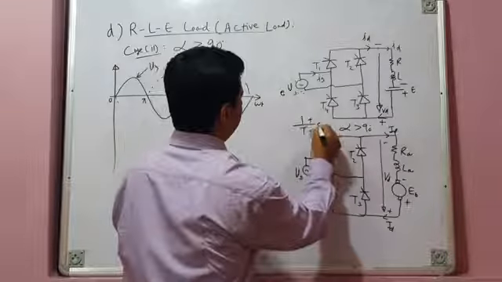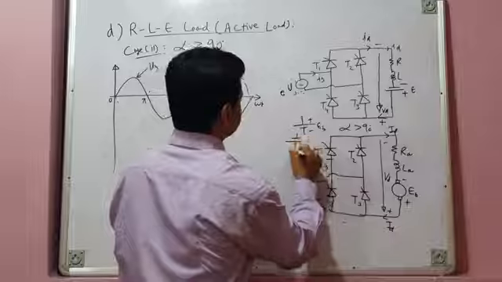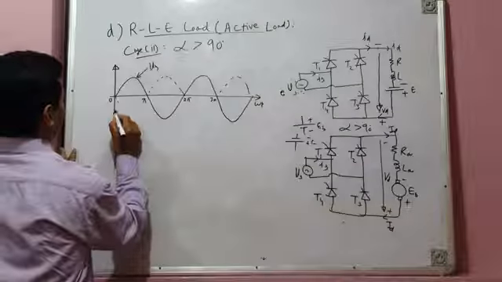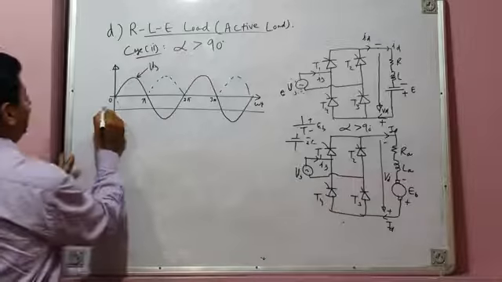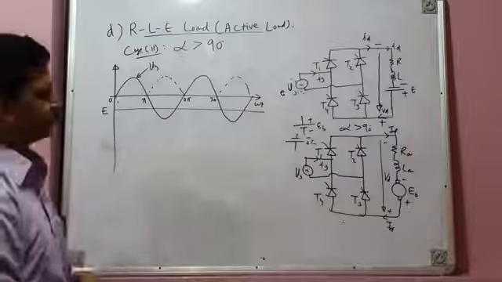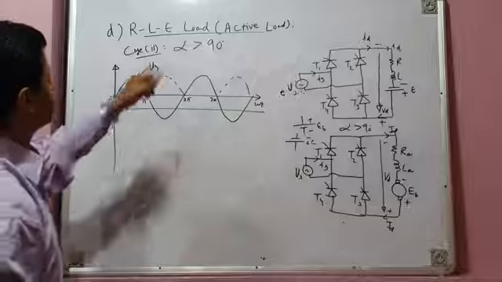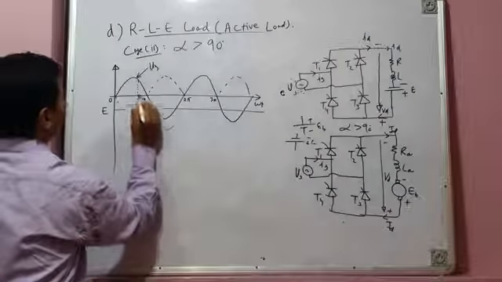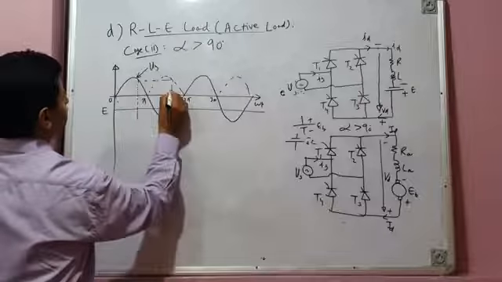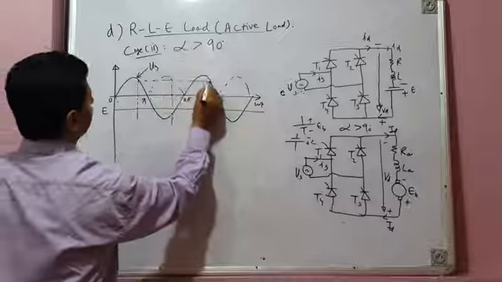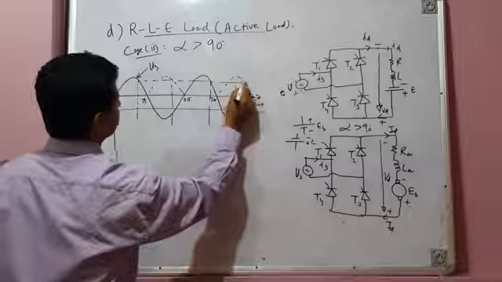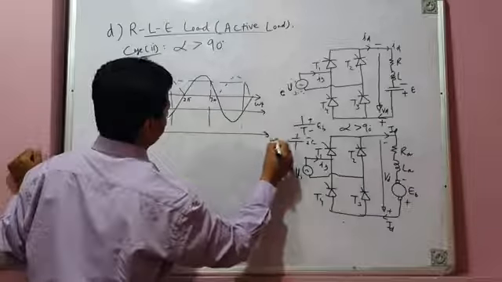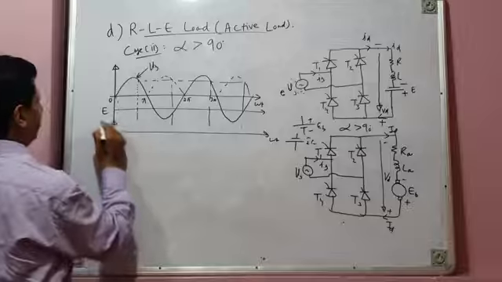Fine. Now, since you have reversed the polarity of your DC motor EMF, previously it was like this for rectification mode EB, for inversion mode you have reversed its polarity, so it will come here on the negative side. So this is your E or EB. And since alpha is greater than 90 degrees, let's assume this is our alpha. This is first instant of firing, this is second instant of firing, this is next instant of firing, this is next instant of firing. And let me show you the gating current pattern, firing pulse pattern, IG.